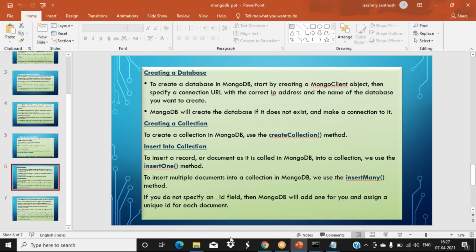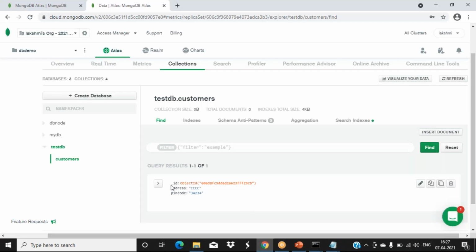So here only one ID property I showed you last class. Here you can see this is auto generated. Every object will have one ID value. So this is the ID value, it is automatically generated. Next, for any other document I insert, this ID will again be unique. The other fields are only what we are adding extra there. So that ID is auto generated.